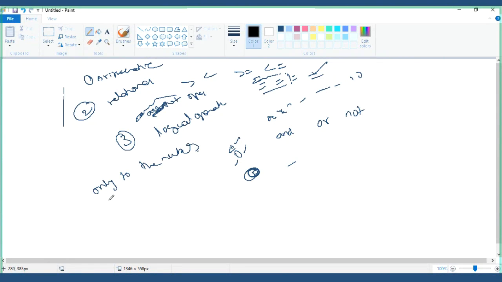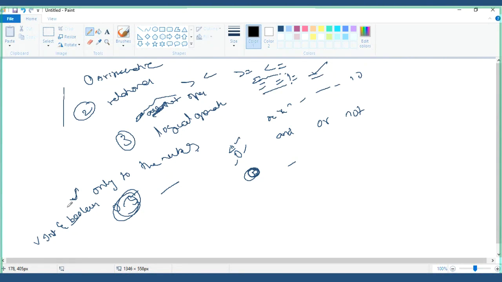One more important thing: you cannot apply the bitwise operator to 0.5. Floating numbers you cannot apply. You should have an integer to apply. Only to integers and booleans you can apply. Remember these first two points: bitwise operator is applicable only for integers and booleans.